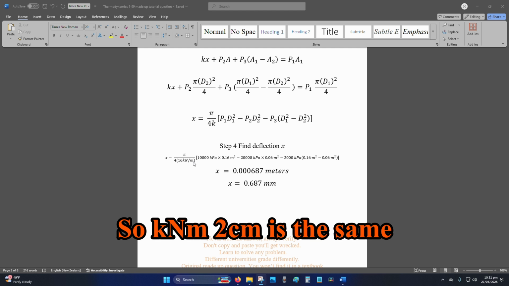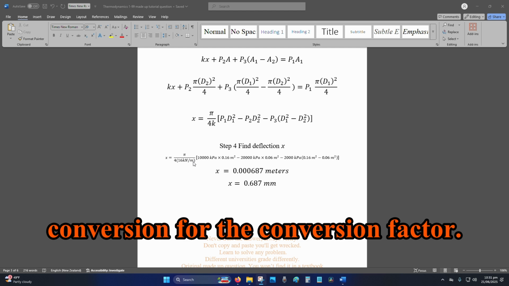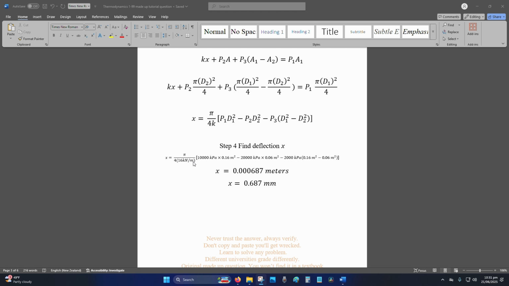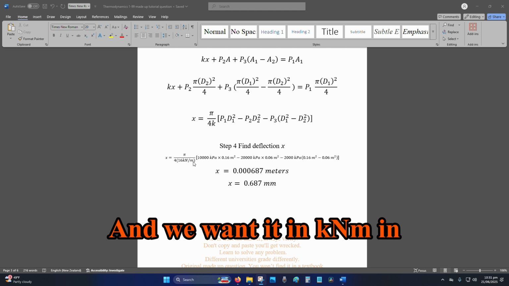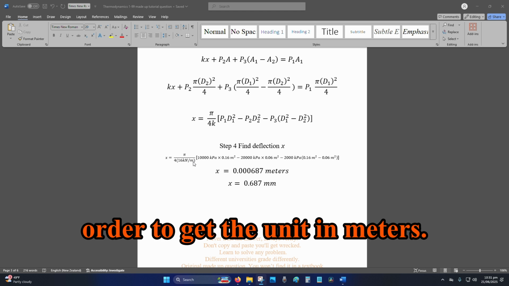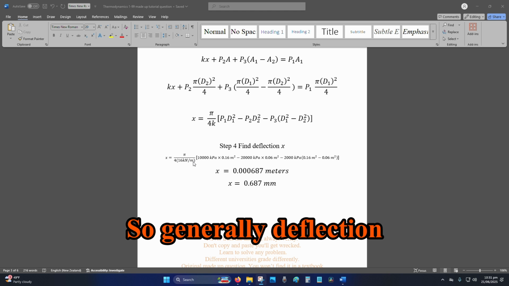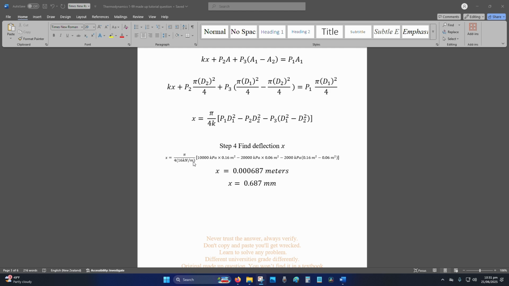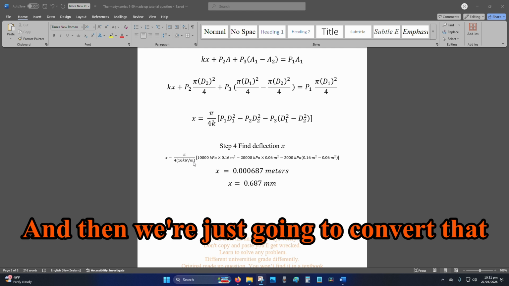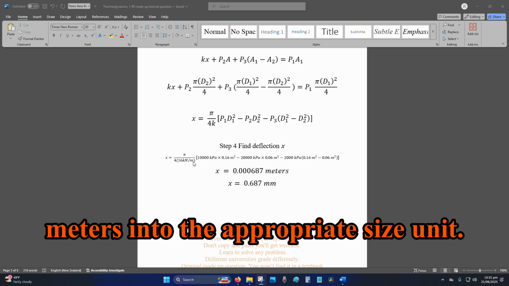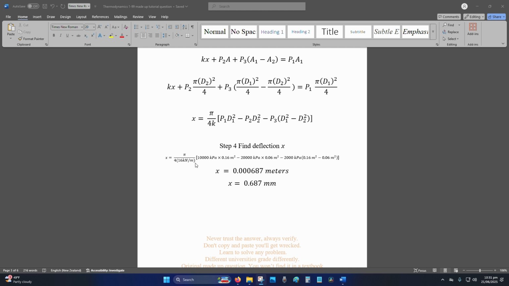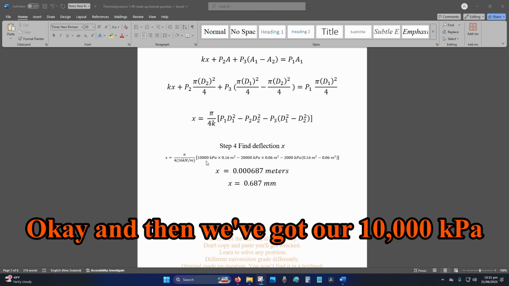So kilonewton meters to centimeters is the same conversion factor, and we want it in kilonewton meters in order to get the unit in meters. So generally deflection would be measured in meters, and then we're just going to convert that meters into the appropriate size unit. Okay, and then we've got our 10,000 kPa